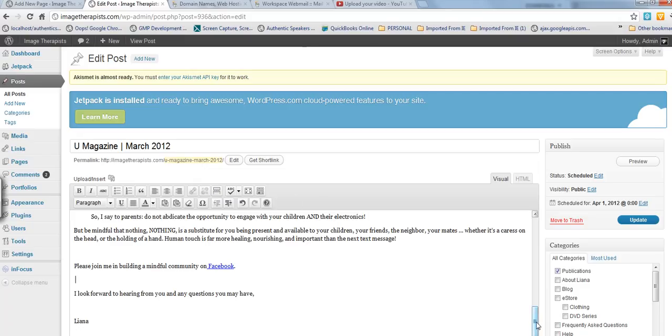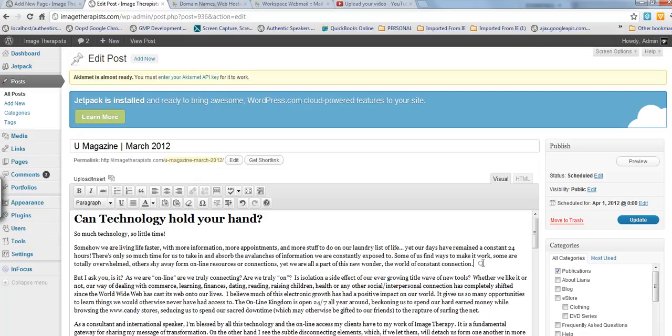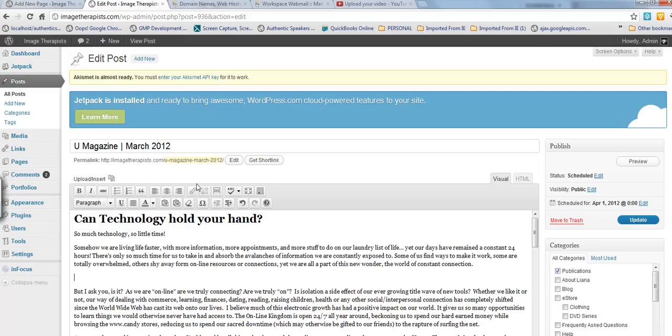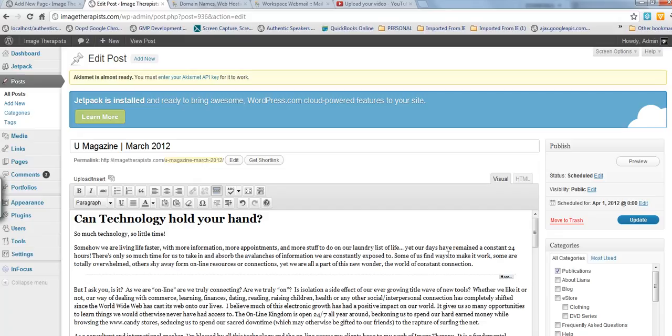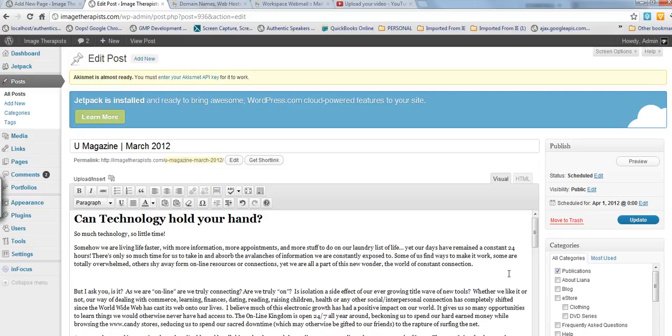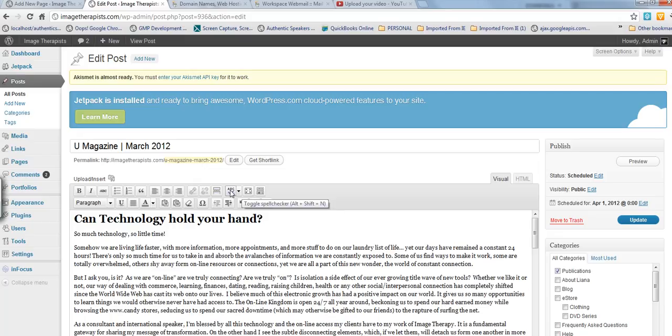The other one is if I have something that may be displaying through a homepage filter. This right here is called a more tag. And it's basically saying if this information is being pulled and highlighted on another page, show this much, and then don't show any more until someone clicks onto the page. So that's another one. You can see that there is a spell check and a few other little tools that